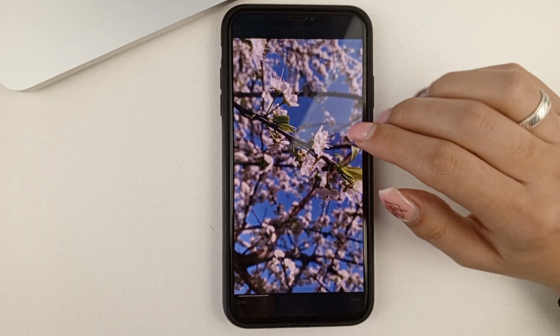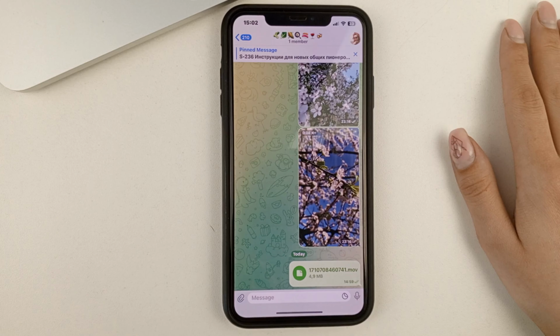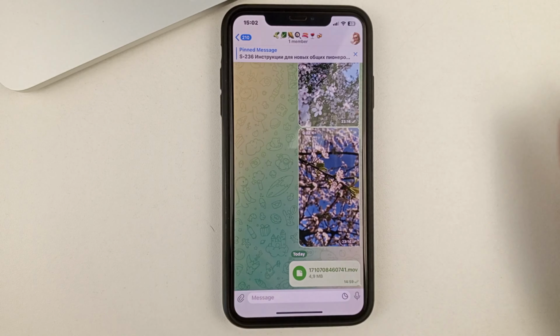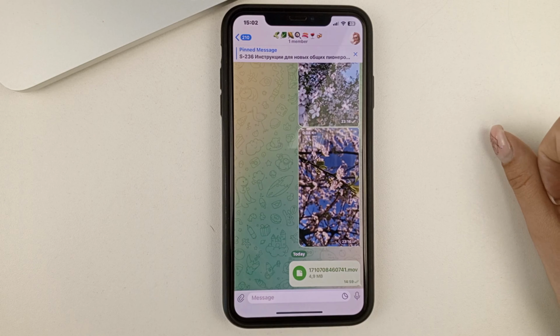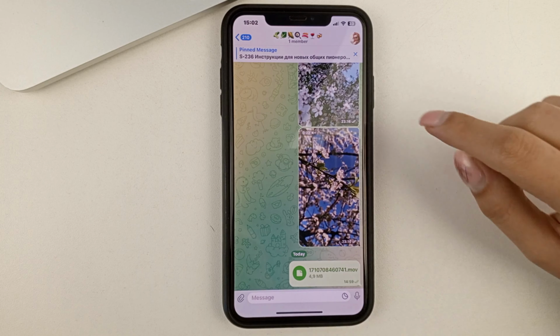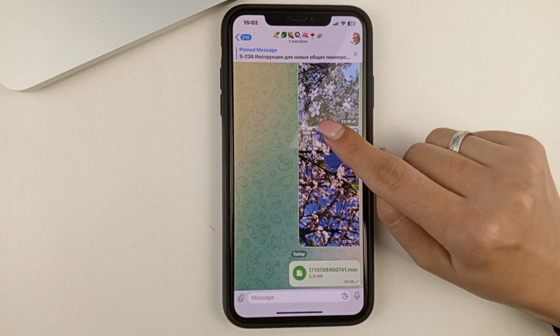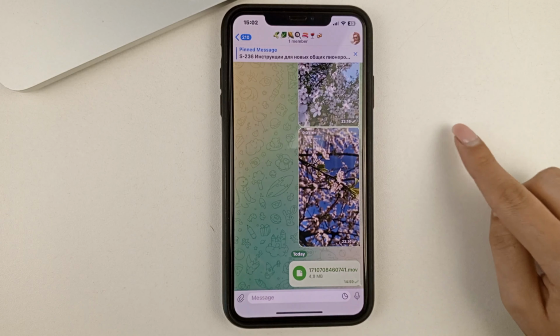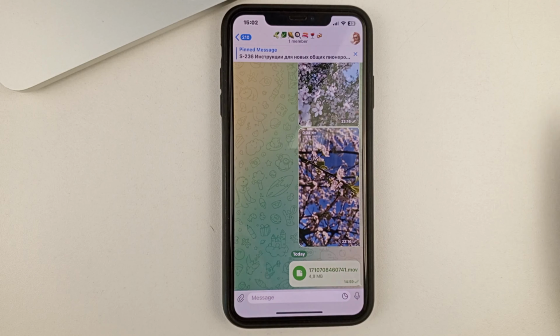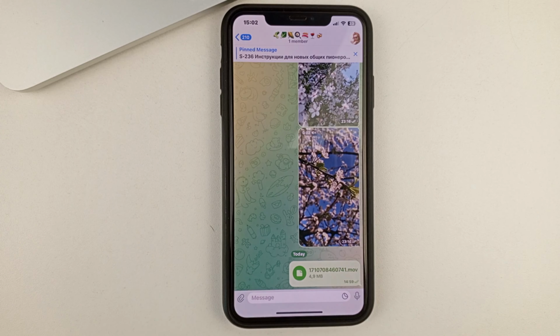If the video is a long video of a large size, then it may take a while for the video to load, and only then will you see the Save Video function. The fact that this video will be loading will be visible right here at the top of the video. There will be a circle that will show whether the video is loaded or not.